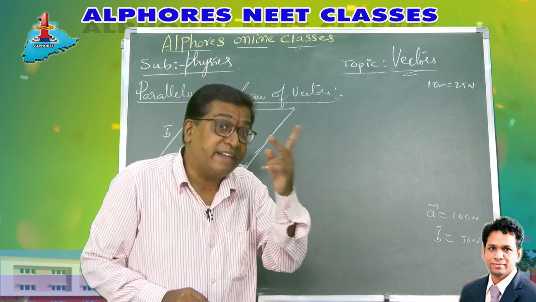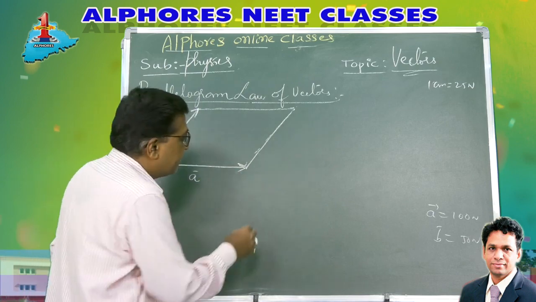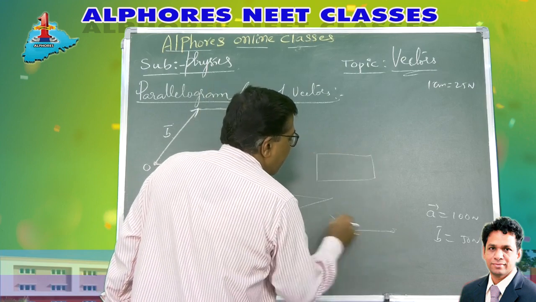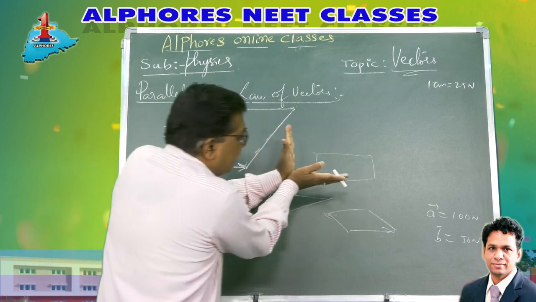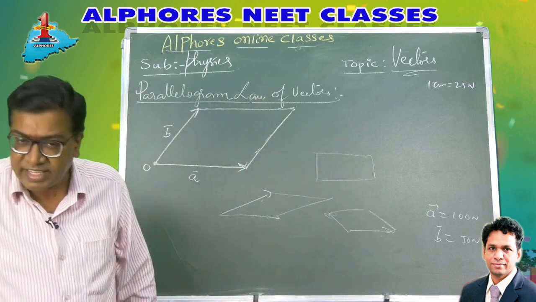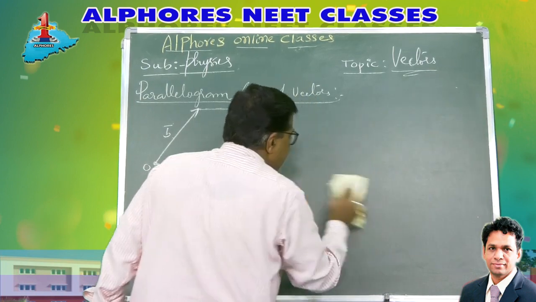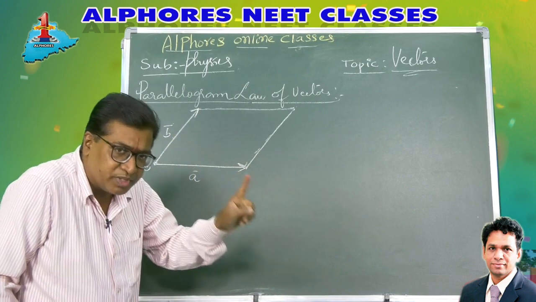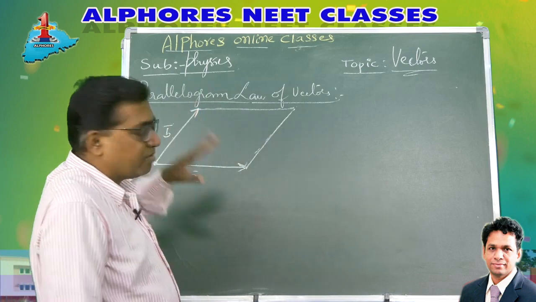I mean magnitude, and direction also. So according to their respective directions, you have to consider the parallelogram. The parallelogram can be like this. It can be a parallelogram this way, or it can be a rectangle. It can be a parallelogram like this. So according to the direction you have to take. It can be an acute angle parallelogram, it can be a right angle one, or it can be obtuse. According to the direction you have to take. So representing them in magnitude and direction means the length of these sides must be proportional to their magnitude, and the direction along which they are acting, along the same direction you have to represent.